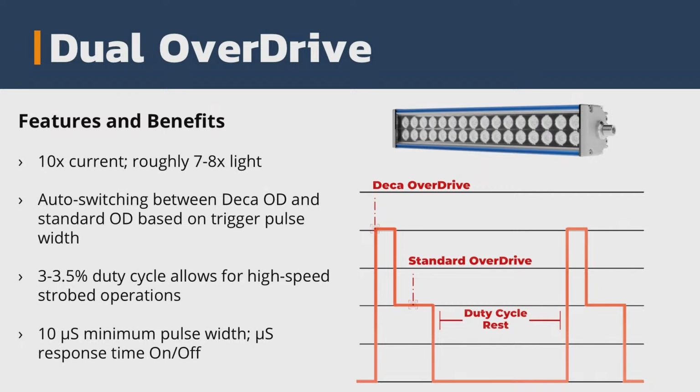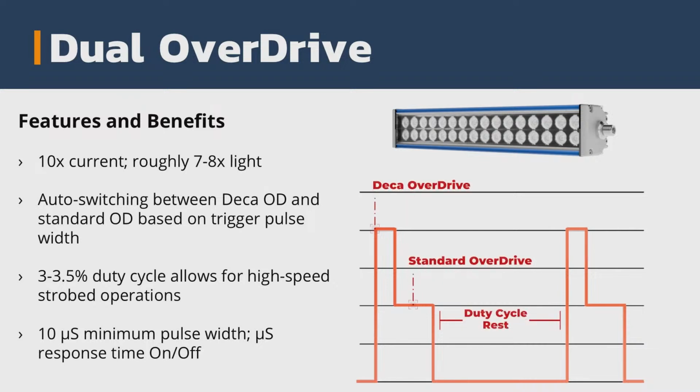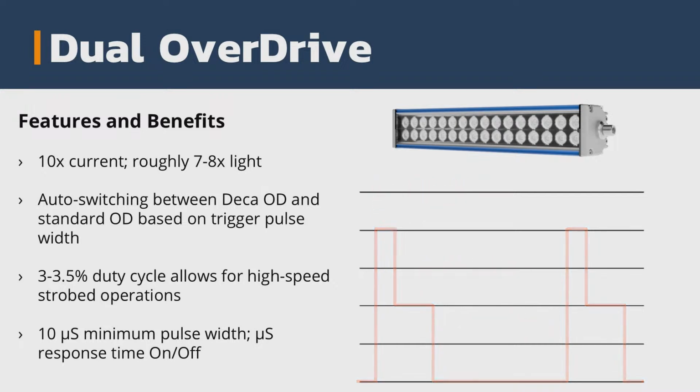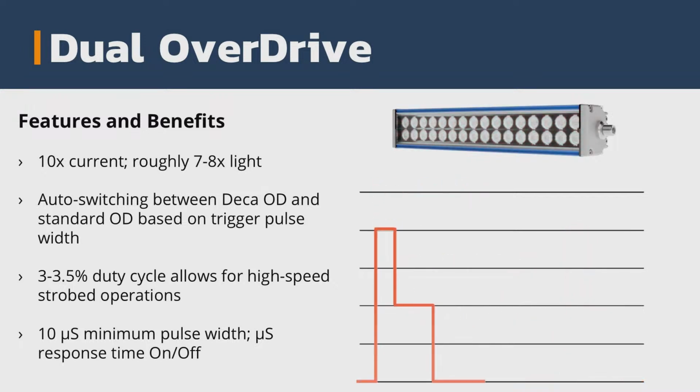The 3 to 3.5% duty cycle, as I said, allows for high-speed strobe operations. It is important to note that even though this is aimed at general high-speed applications, if it's the highest speed, you're probably going to use nanodrive, even though it's not the Deca overdrive, because for this type of application, we do return to 10 microsecond minimum pulse width and reduce it to a 3% duty cycle and have microsecond response